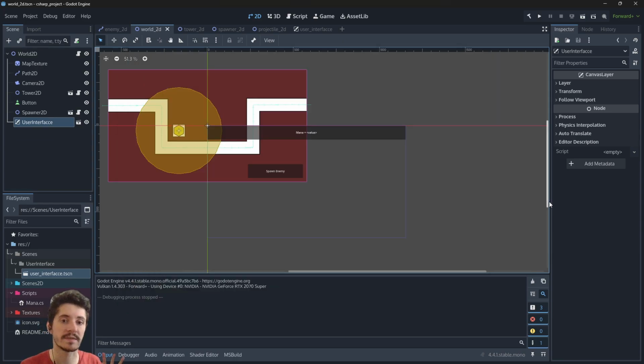So the question is, how can we actually make this mana value be connected to the class we have created before? So there is what I would call a lazy way, and we have what I would call an efficient way. So the lazy way is the fastest way to achieve that, but it is going to be the most expensive one. The lazy way is actually,